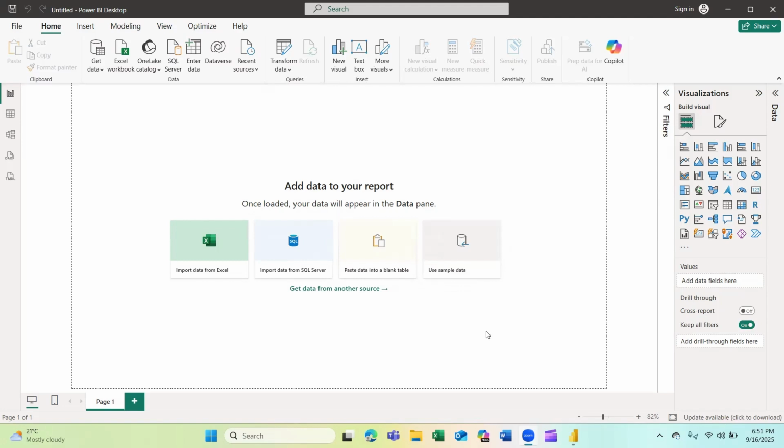Yesterday we discussed the append function for multiple tables, how to stack tables, and today we'll discuss merge. Merge is like VLOOKUP in Excel, and I'm going to show you today how to use the merge function. It's quite simple. With a few clicks, we can just have what we want. So let's jump into this.